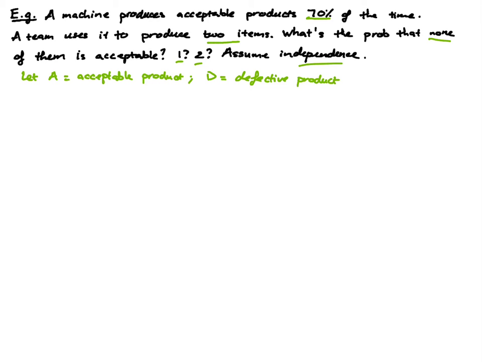So then I'm not going to go through the details. You should be able to verify that this is indeed a binomial experiment. And for that reason, if success is defined as getting an acceptable product,